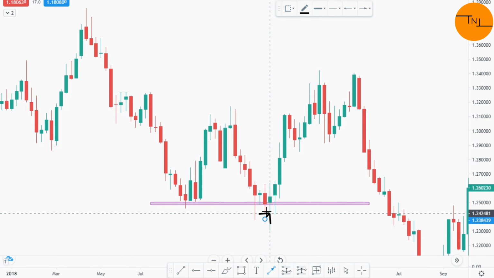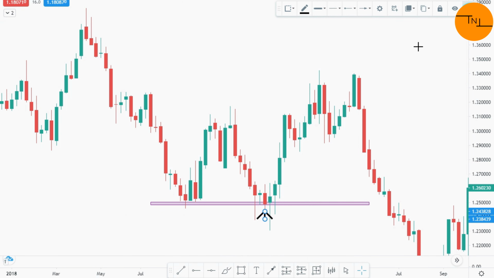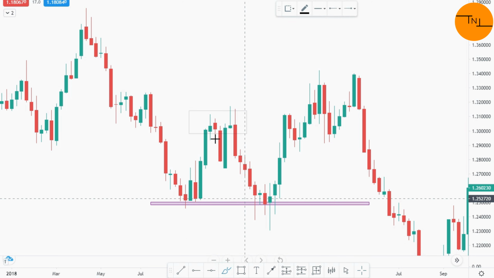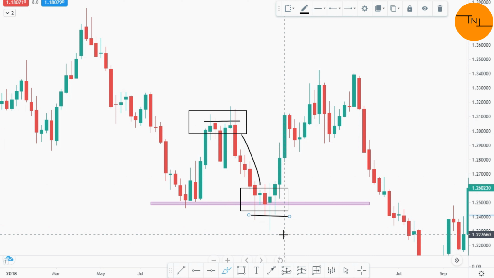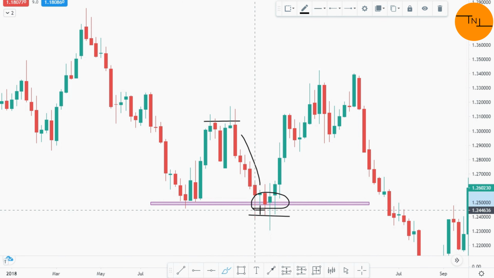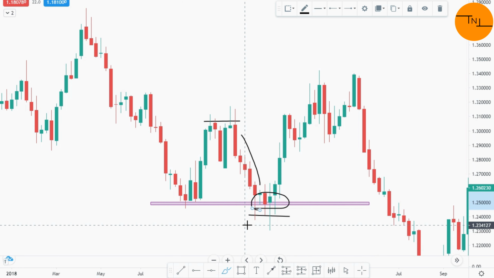What does the multiple rejection tell us in terms of price action? It shows price again and again pushed through the key level but failed. So what is the psychology behind this? If you have gone short here and hold your position until here, and you notice this level of support in your mind, you are possibly thinking of closing your position. Once you are seeing the multiple candle rejection, you can tell yourself this might be a good place to take profit.